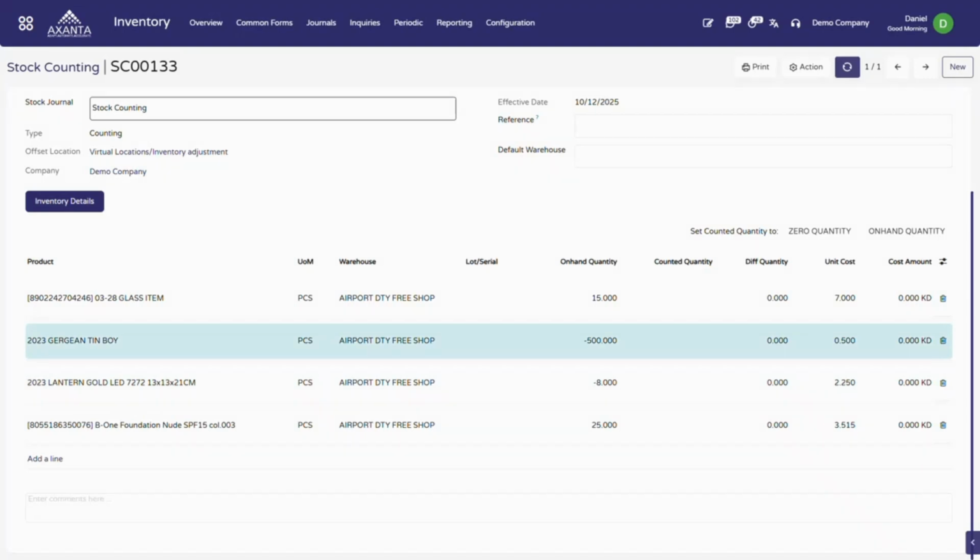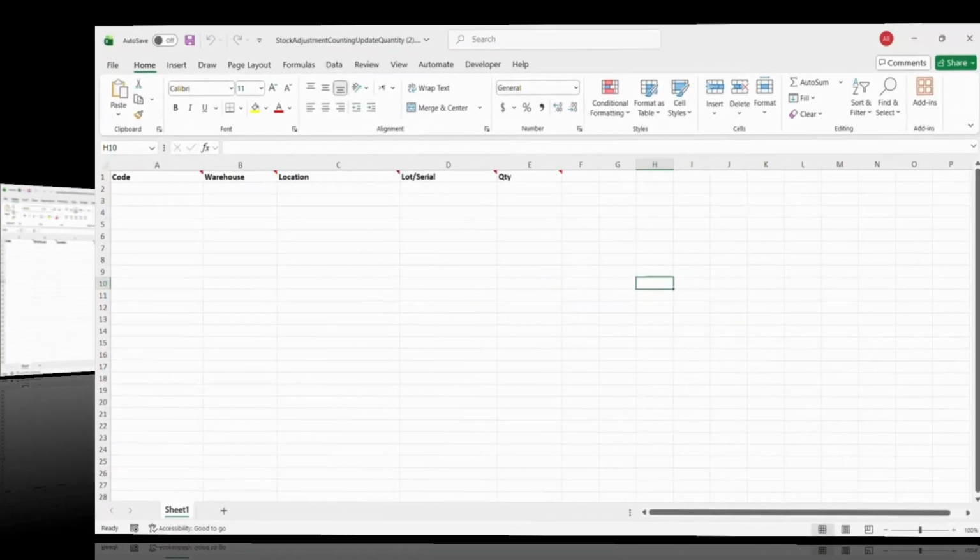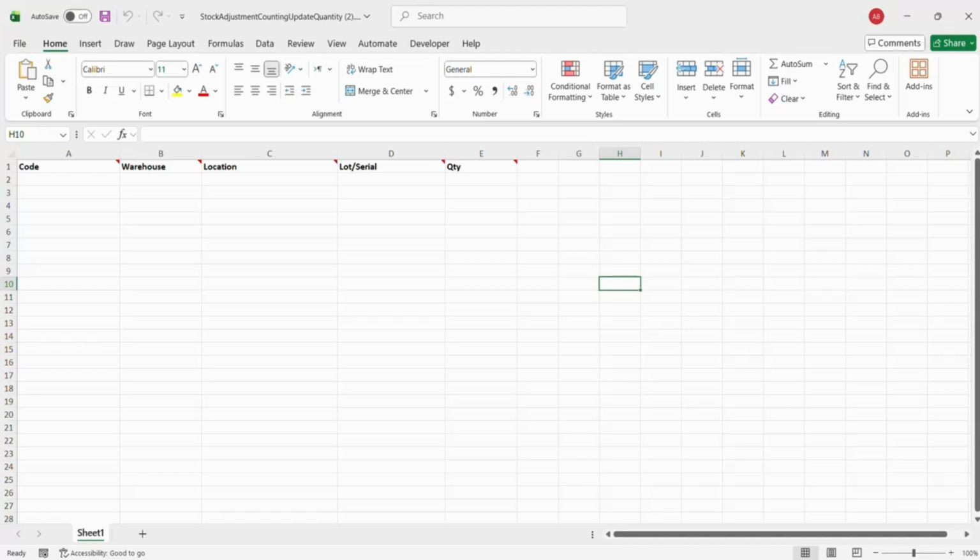Now let's proceed to the Excel file. This is the file which has been downloaded. Here there are columns like code, warehouse, location, lot and serial, and quantity. In the code column, we shall enter the product code or the barcode. Then in the warehouse column, we shall enter the warehouse name or the location name for which we are doing